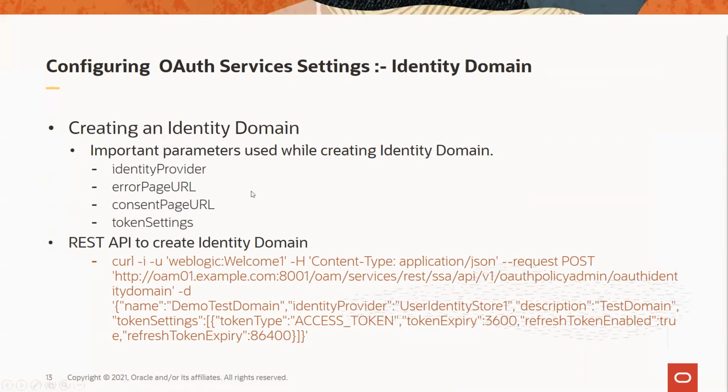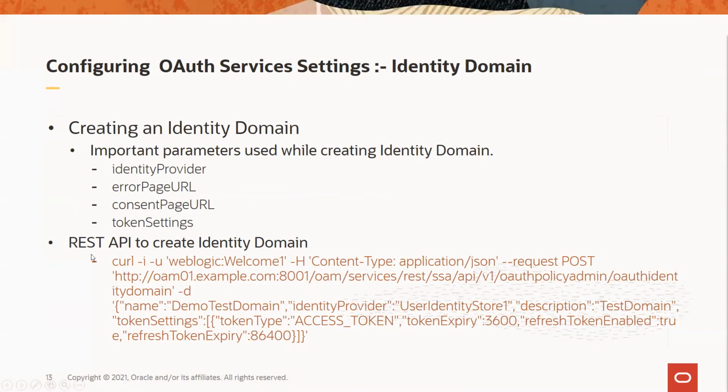When you create an identity domain, you have to specify the identity provider where the user identity store is referred to perform authentication against. There are some other attributes like error page, consent page, token settings, which are part of the configuration of identity domain. But if these are not provided, like error page or consent page, then it defaults to the resources provided out of the box from the Oracle Access Manager.